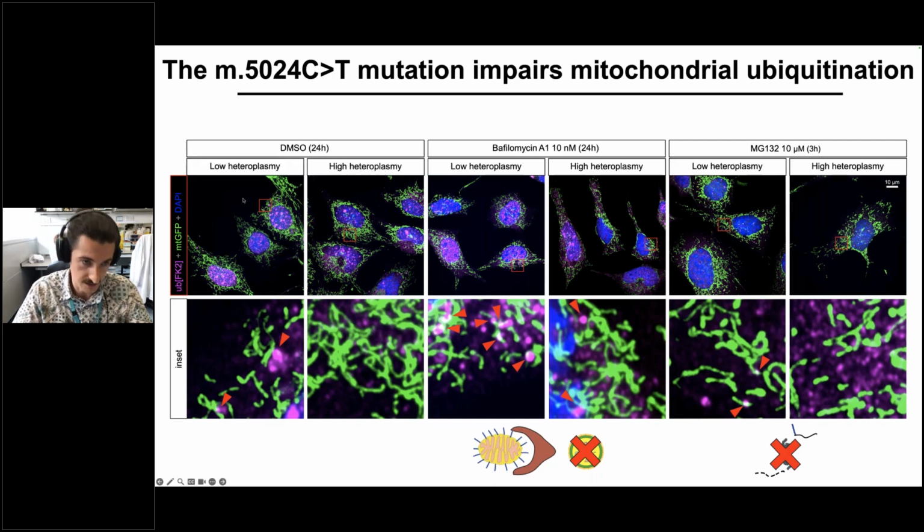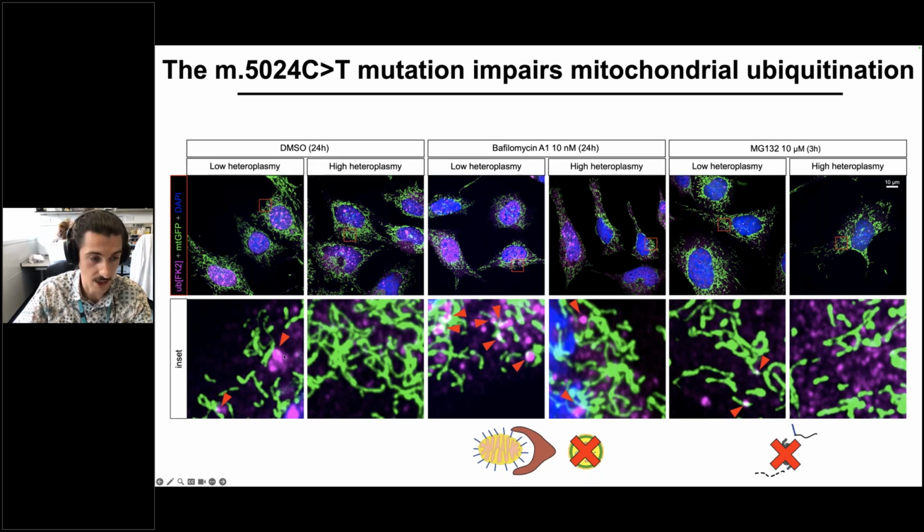So these are the same cells that I just spoke about, carrying the different levels of the mutation, and we stained them for mitochondria, which you can see here is in a network that is characteristic of this organelle. And then we stained them also for conjugated ubiquitin, in green. And then we looked at how many of these spots co-localize next to mitochondria. So what you can see is that at low heteroplasmy,